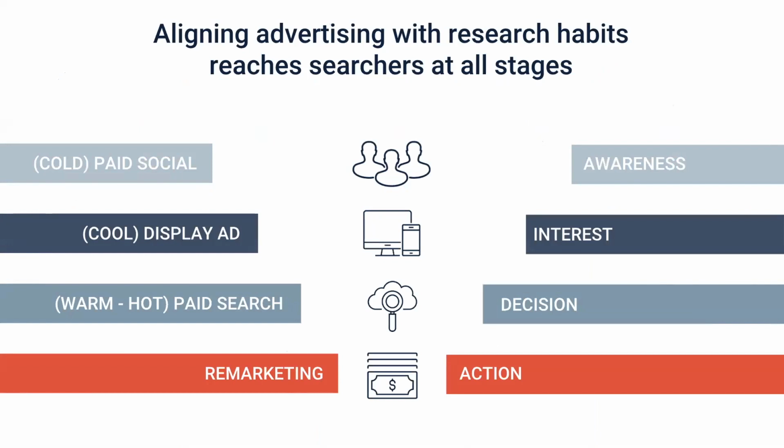You can send them to your website because you know now that you've gone through those steps that your website is good at answering questions that those prospects have. You can now send that paid social traffic, that display traffic to your website, and your website's going to do a really good job of informing and educating your prospects, so they're going to have a frictionless experience all the way through to a lease. We can use remarketing to remarket to that cold traffic, that display and paid social traffic.